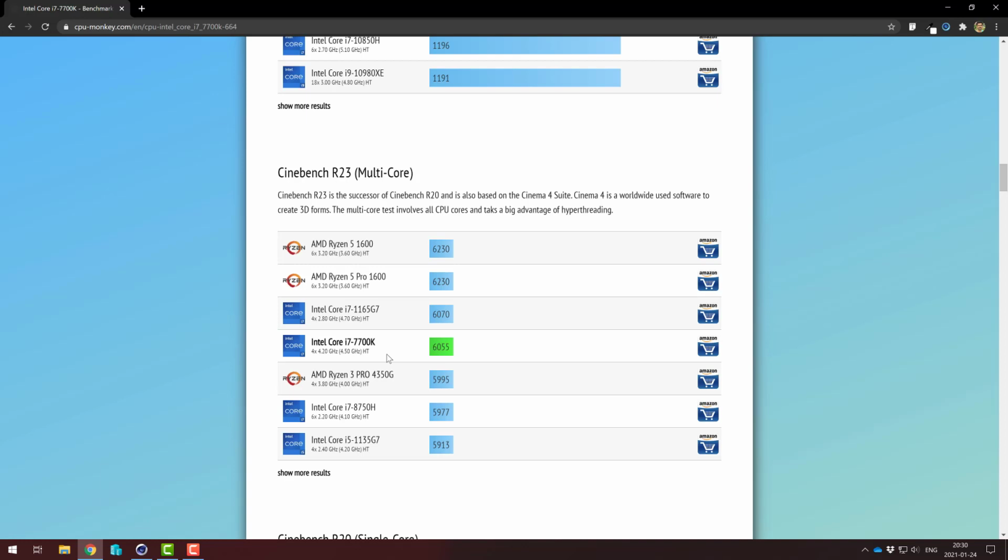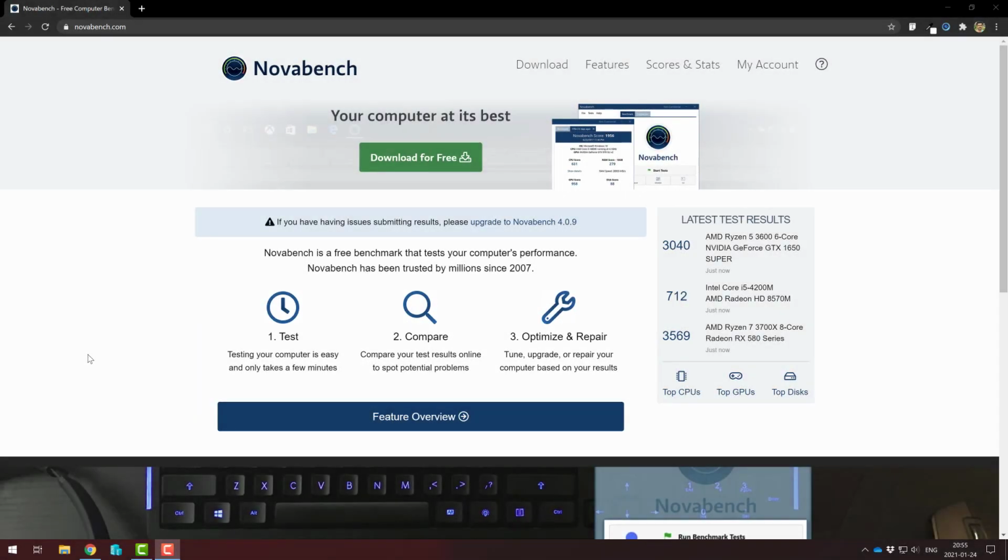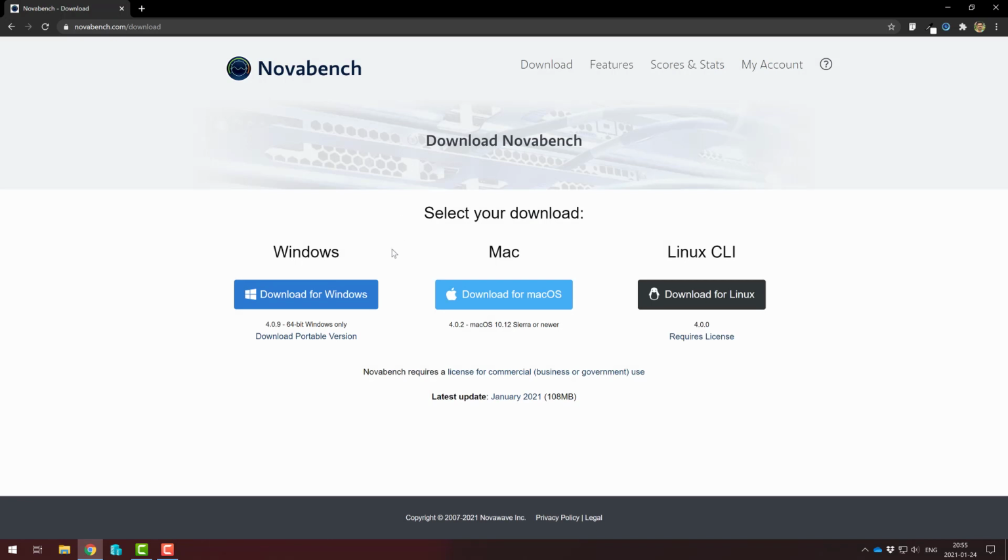Next, we will do the NovaBench benchmarking. Open novabench.com. Click on download for free. I will download the Windows version.